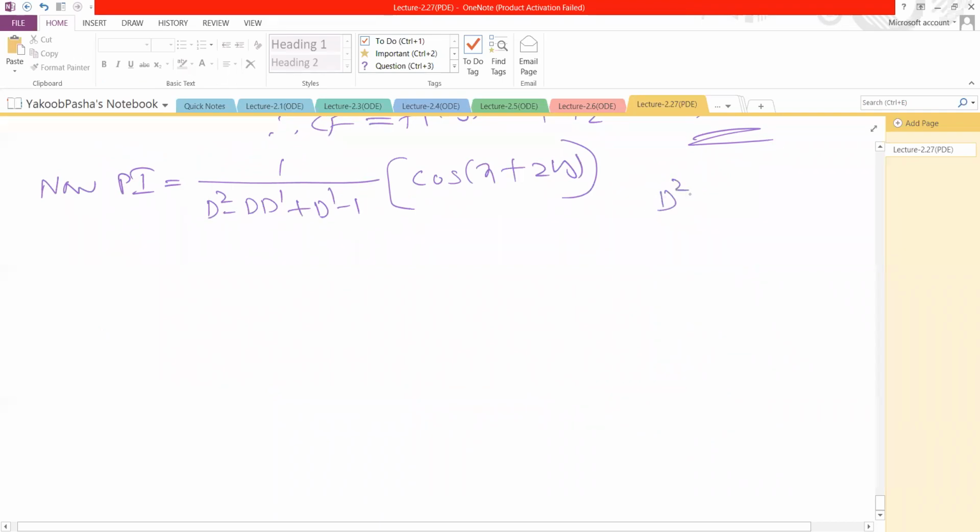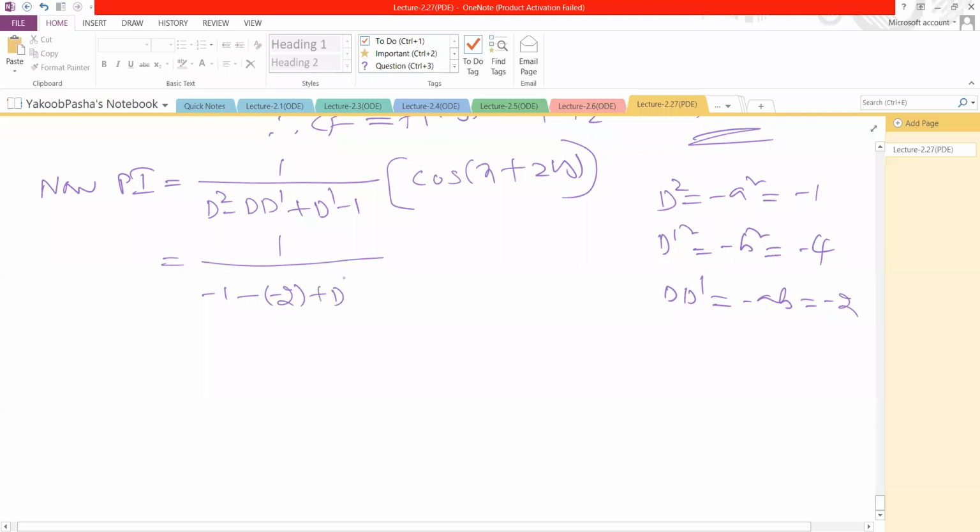So what is the formula here? D square equal to minus a square, that is equal to minus 1, d dash square is equal to minus b square, that is equal to minus 4. And d d dash is equal to minus ab, that is minus 2. So I am writing here 1 by minus 1 minus of minus 2 plus d dash as is and minus 1 as is, cos x plus 2y. Okay, so plus 2 and minus 1 minus 1 minus 2 will be cancelled. So this is equal to 1 by d dash